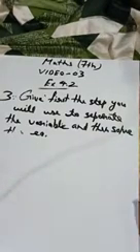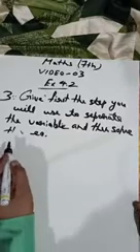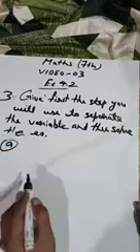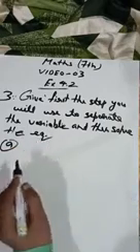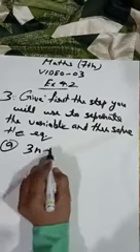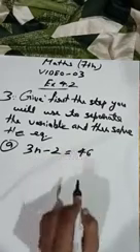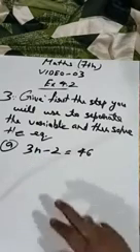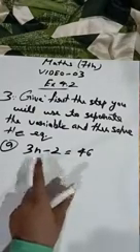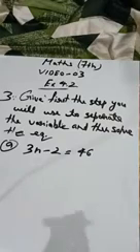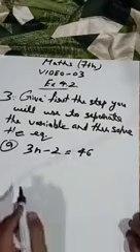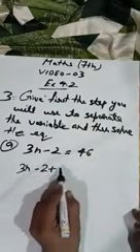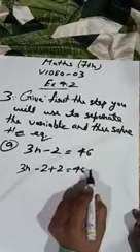Now let's do question number 3, third A part. Same thing we have to do. The question is 3n minus 2 is equal to 46. Okay, now I have to make this n alone. So I have to remove this 2 and 3, but step by step. First I'll remove this minus 2. So 3n is written like this minus 2, so I'll add plus 2 here, both the sides.